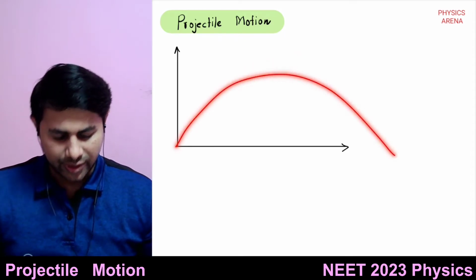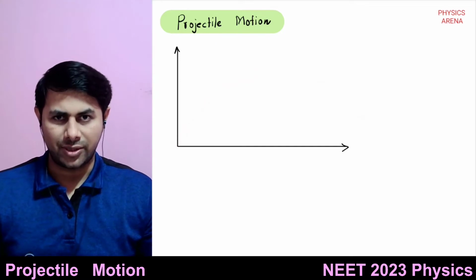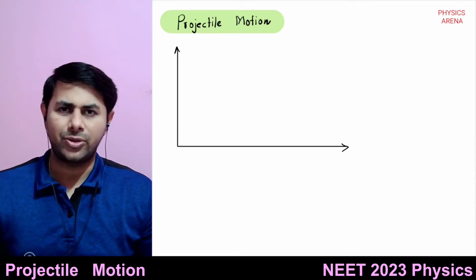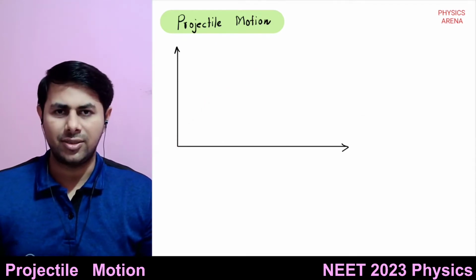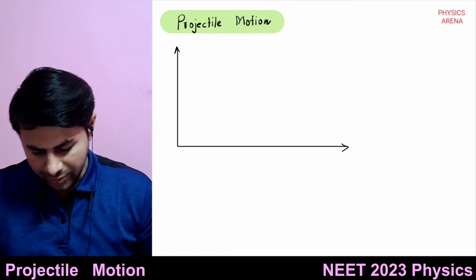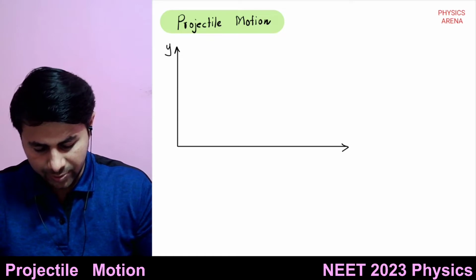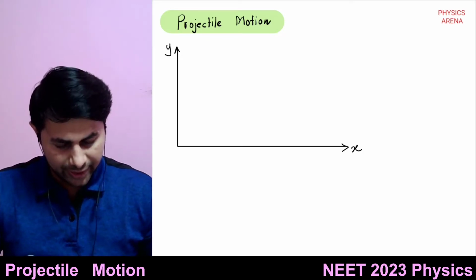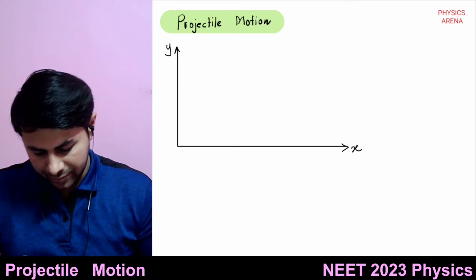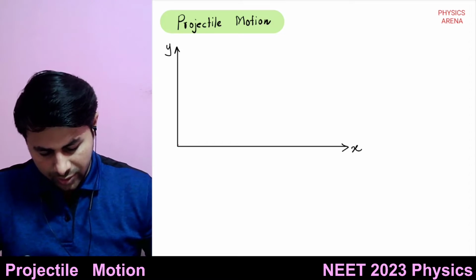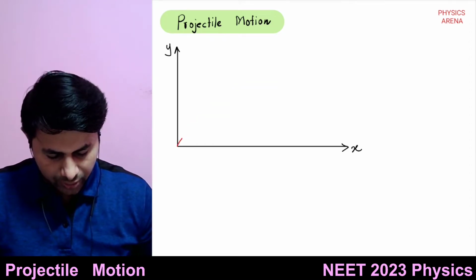So this motion is known as what? The projectile motion. Okay, any object projected in space, its motion is known as the projectile motion. So now let's draw the trajectory of this projectile. Let's suppose this is my y-axis, this is my x-axis, and I throw the projectile, so it follows a path